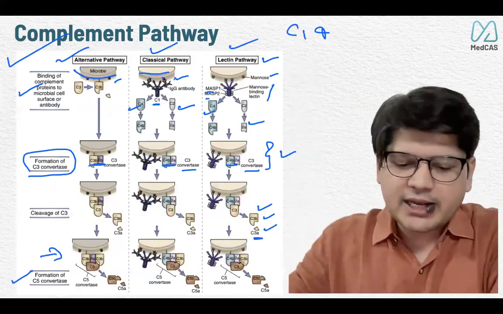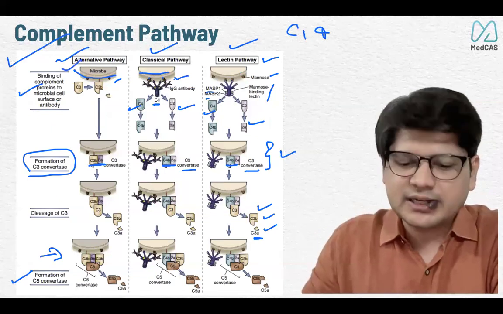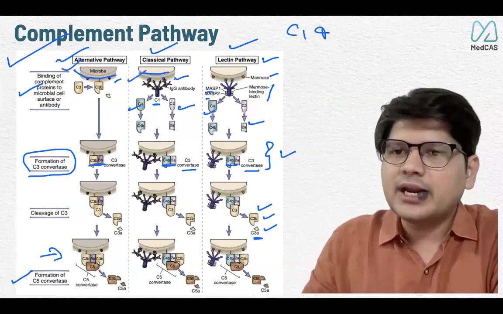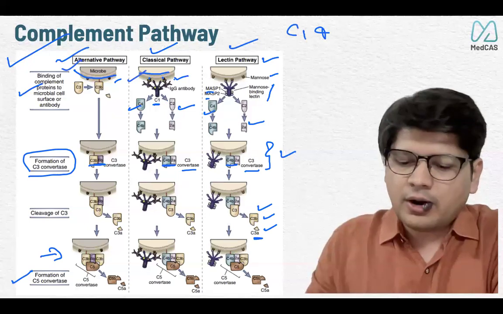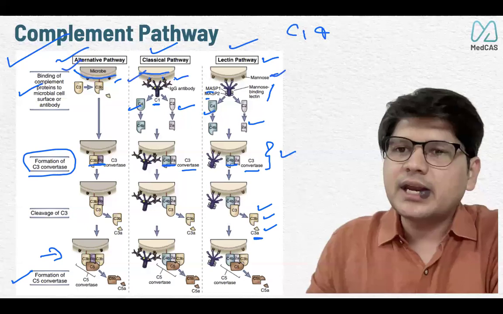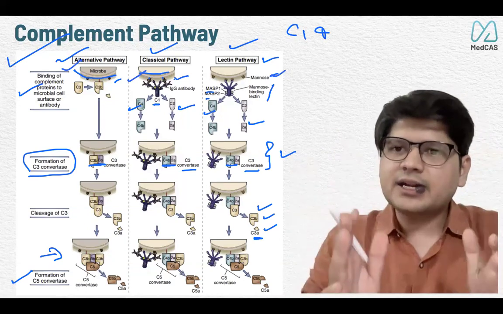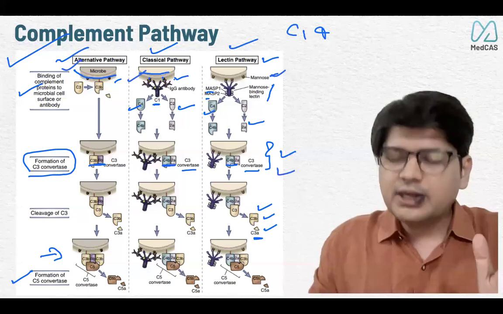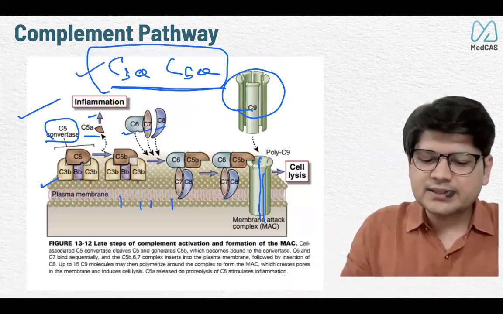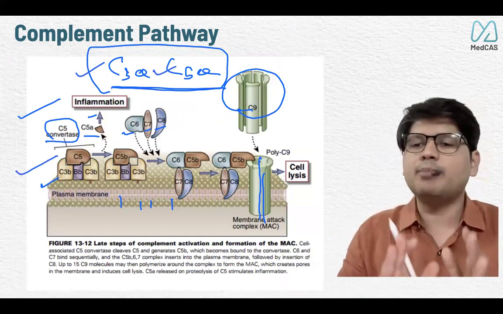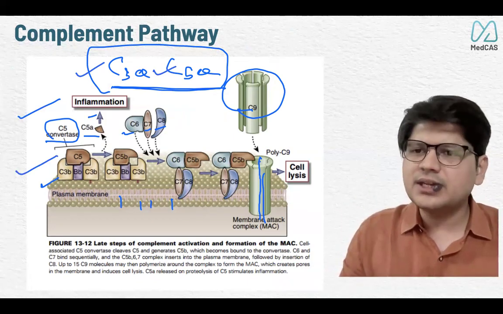The ultimate starting point of the complement pathway is either the bacterial surface, where the alternate pathway gets activated, or the antibody identified by C1q, where the classical pathway gets activated, or mannose, a polysaccharide on the cell wall, which activates the lectin pathway. That's our starting point. This is the common point where they converge. This is the ultimate outcome, and the effectors are C3a, C5a, and the membrane attack complex. This is how the killing happens. We have not discussed much about C3 and C5a.